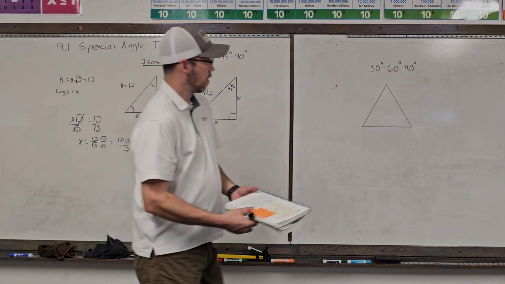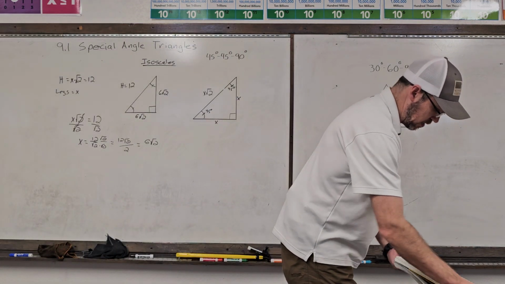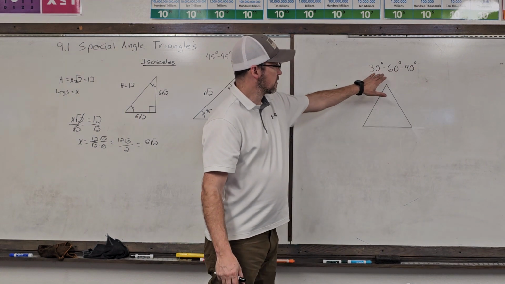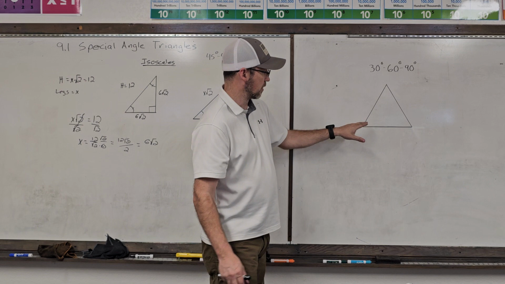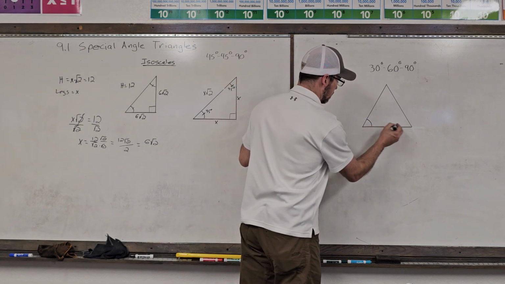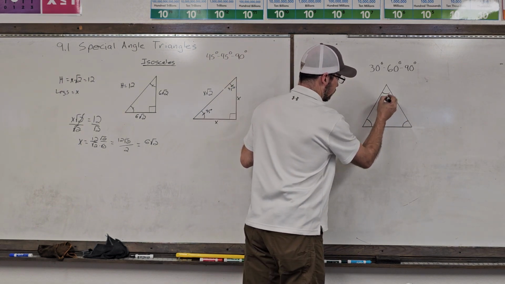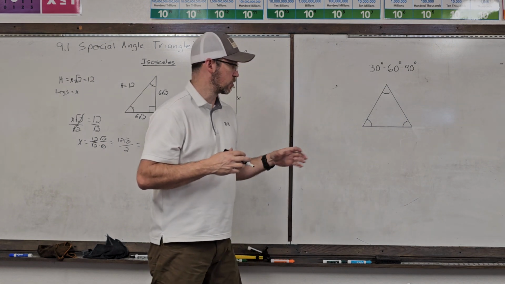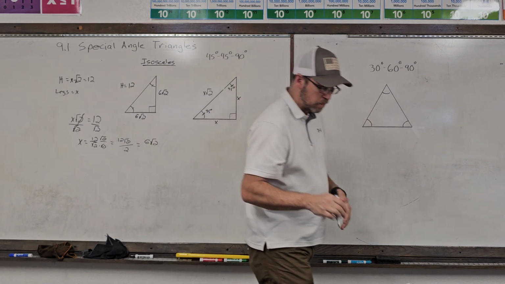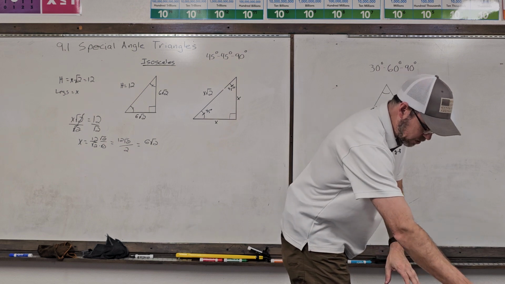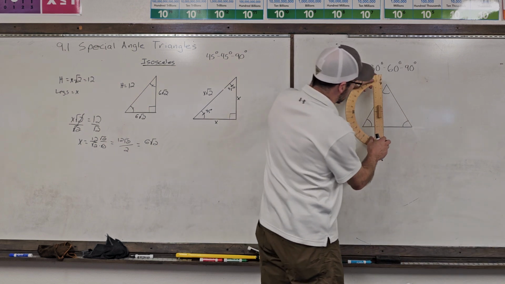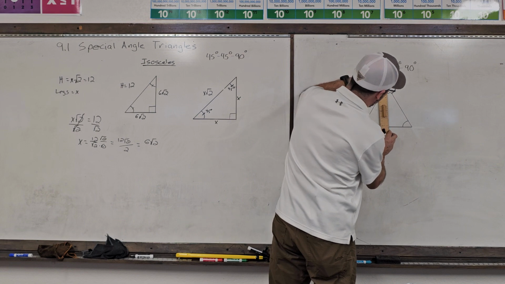All right, so now we're going to bounce over here to the other side, and we've got a 30, 60, 90 triangle. And right now it doesn't look like that. Right now it looks like a 60, 60, 60 triangle. It's equiangular, so all the angles are equal. But if I draw an altitude, all right, so if I go right down the middle and draw an altitude,